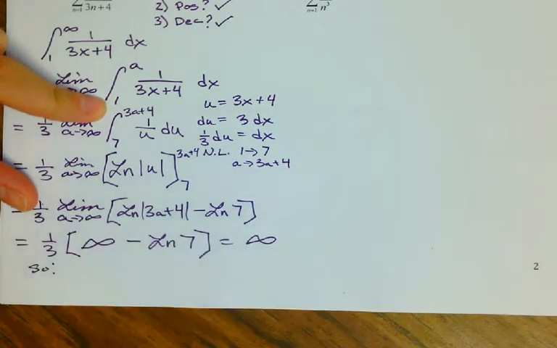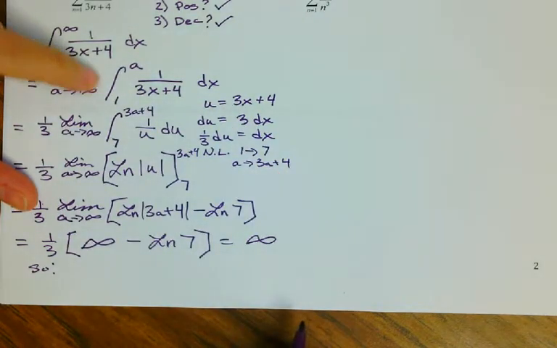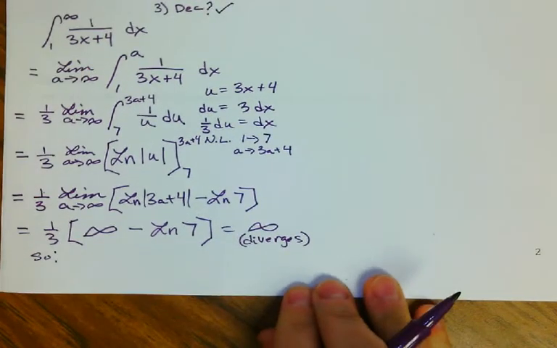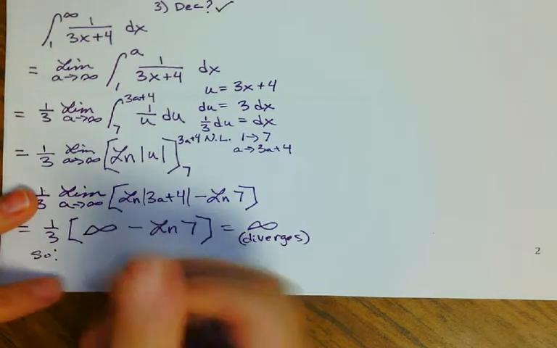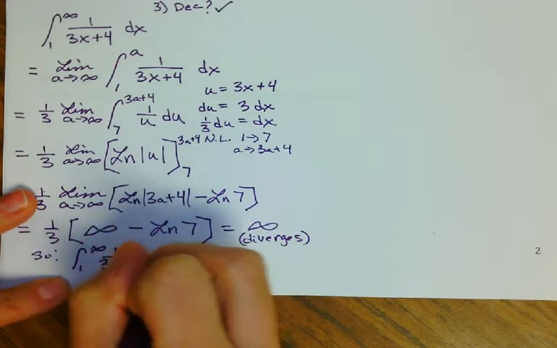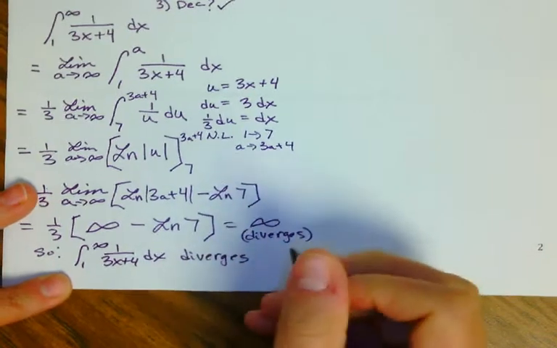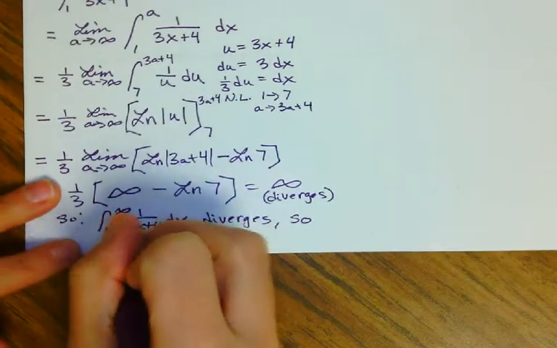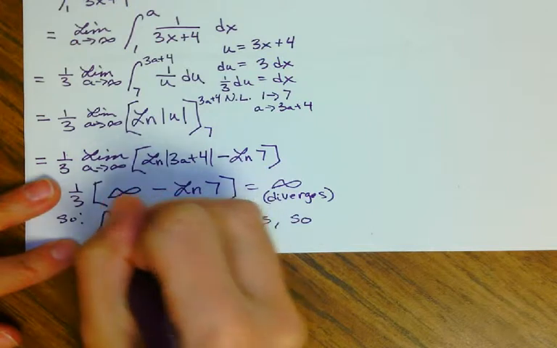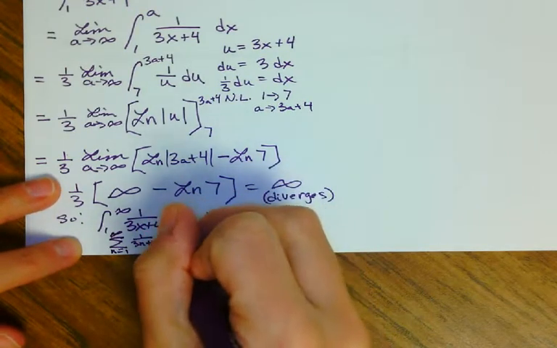So now be careful how you word this here. You have to be really careful. So this tells me that the integral diverges, okay? So I'm going to say diverges here. So my conclusion, okay, by the integral test is that the integral from 1 to infinity of 1 over 3x plus 4 dx diverges, okay? So the summation, as n goes from 1 to infinity, of 1 over 3n plus 4 also diverges